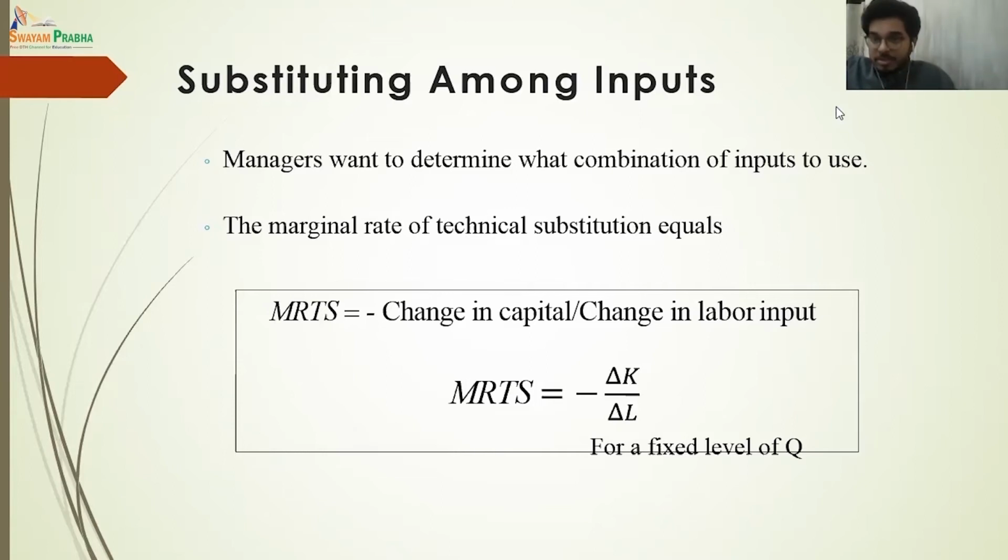So now we have just two inputs, capital and labor. We will try to understand what will be the substitutability between capital and labor, and this is known as the marginal rate of technical substitution. The previous was marginal rate of substitution. This is marginal rate of technical substitution, because we are employing this concept of changing capital and labor in a